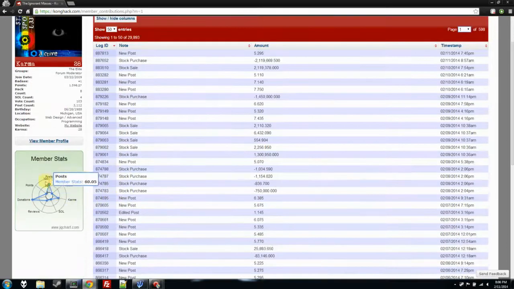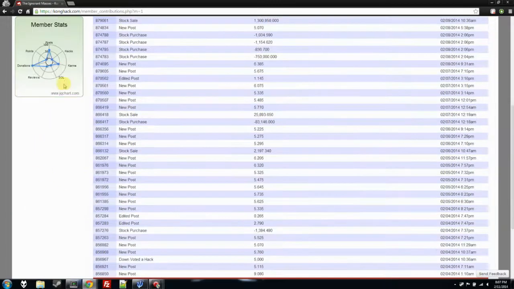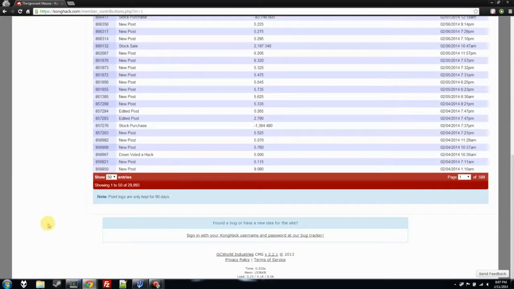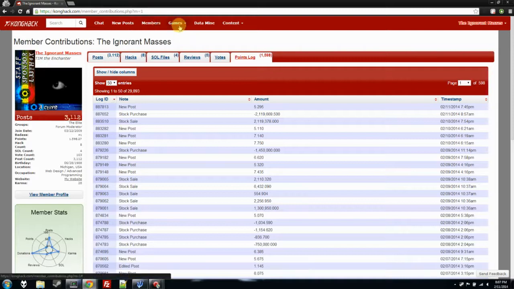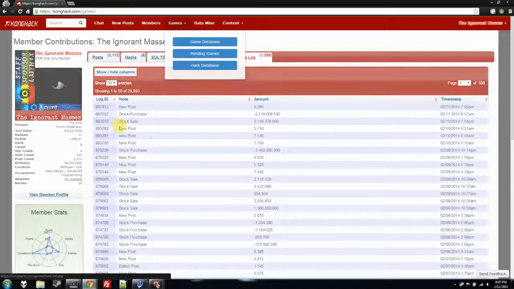Anyway, over on the left, there's a little graph that's based on the percentage compared to the maximum. So, for example, I'm at 100% for donations as I have submitted the most, whereas I'm only 60.05% towards having the highest number of posts. Nifty little chart. Okay, continuing on, we got the games drop down here, which gives us the game database, which